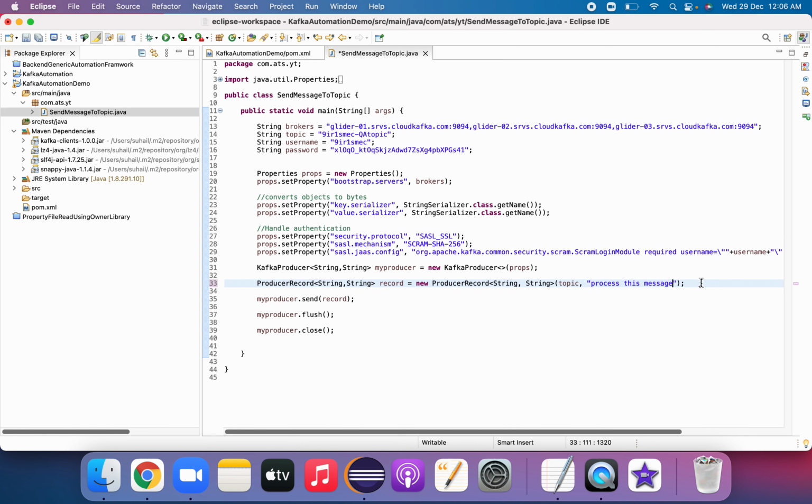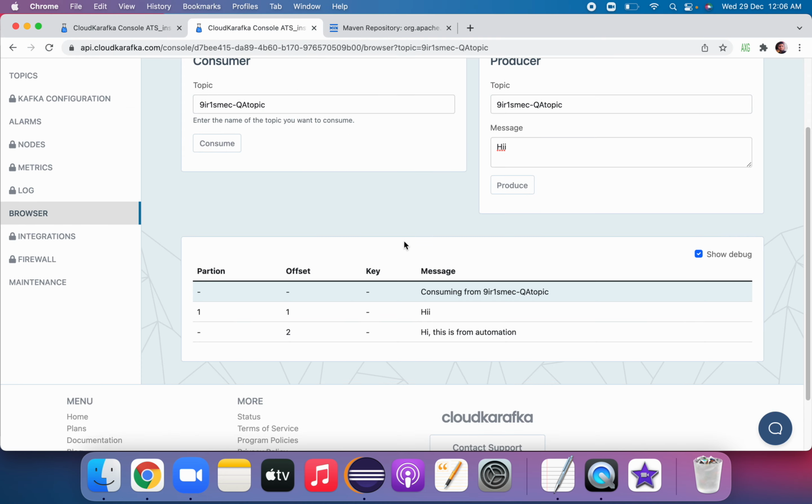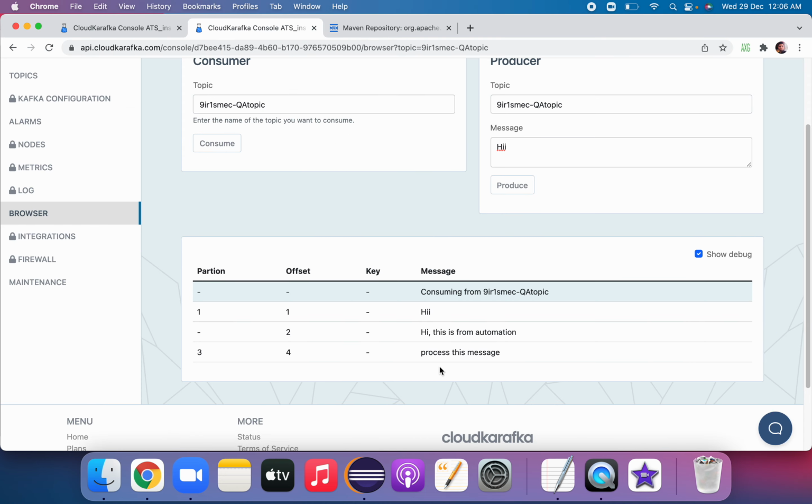Okay, let me run this and we will see if we get this message again here. See, we have got this message. You can see we have got this message in this particular partition. This is the offset, and the key we have not sent, so it is null.